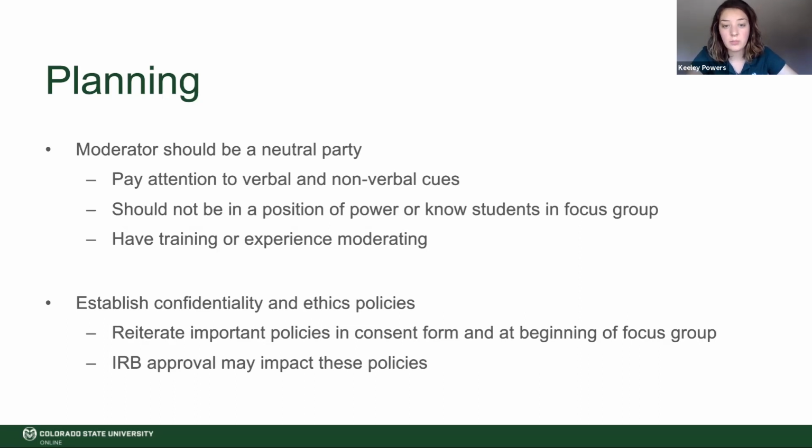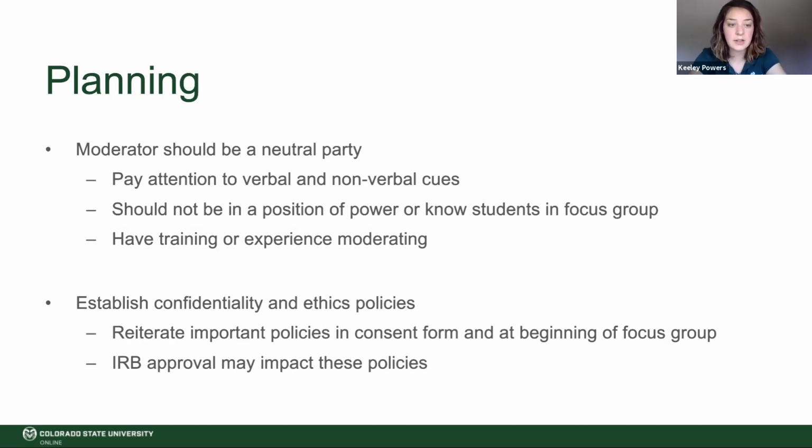And it's also important that the moderator remain as neutral as possible, paying attention to things like verbal and nonverbal cues. A verbal cue could be something like saying that somebody's response is excellent. If that gets said, then the other responses might get skewed unintentionally. And same with nonverbal cues, things like nodding or facial expressions can also unintentionally influence participants. So there's a balance to be had between being warm and inviting and also neutral and unbiased. And there are lots of trainings out there for focus group moderating.